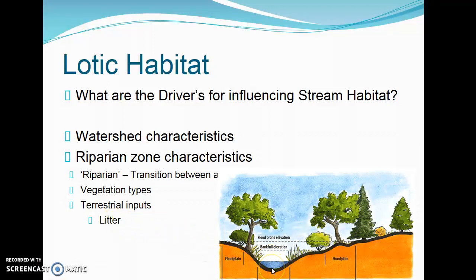It'll add nutrients to the water. There may be soil inputs into the water, and when soil gets into water, we now call it sediment. But the steepness of the banks, the vegetation on the banks, can influence how much soil then enters the aquatic zone. And then the biotic communities, both in the riparian zone and in the aquatic system, will interact with each